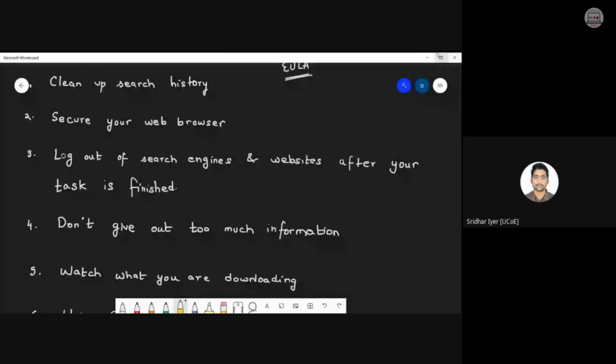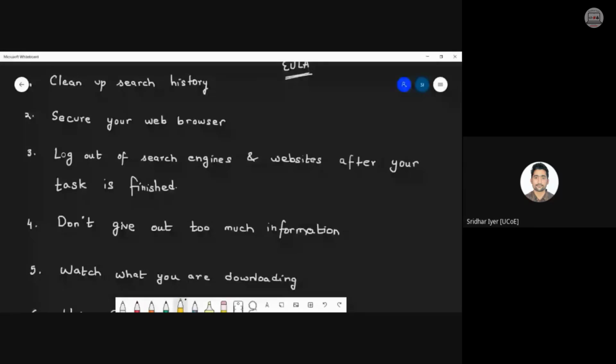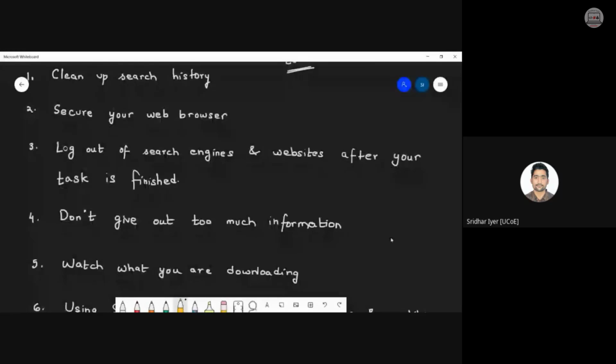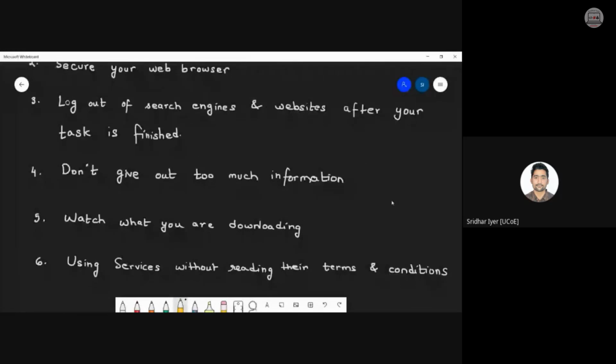Okay. Next up, don't give out too much information. I have focused on this particular point n number of times. Don't give out too much information in the public domain. I'm visiting so and so. Don't allow check-ins publicly. You reveal your entire life to the people who are always at that